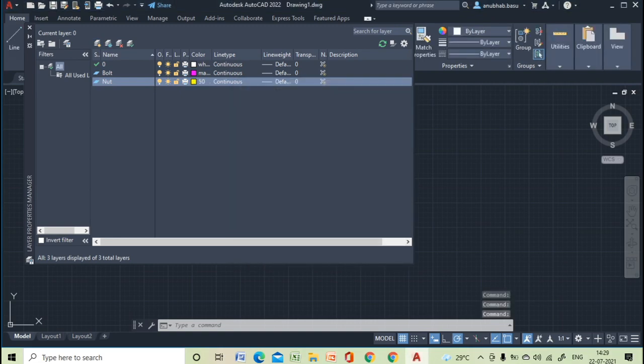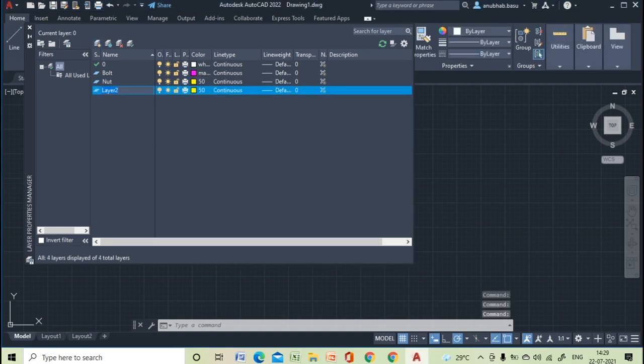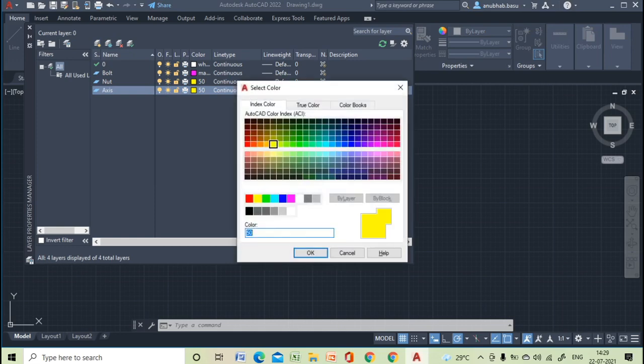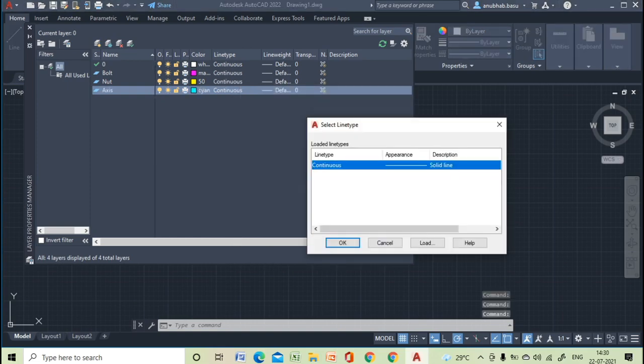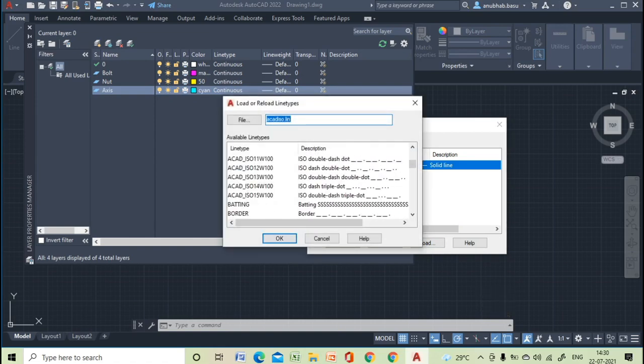And the last layer is the axis. Then we will change the property of the line, so it will be a center line.